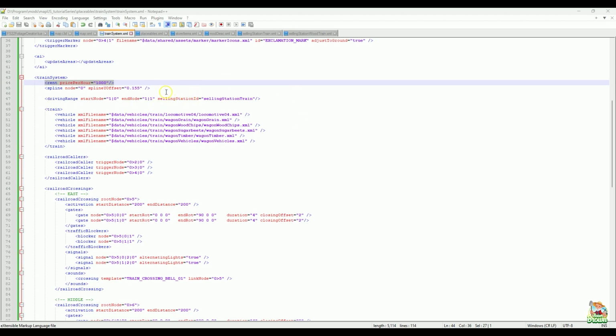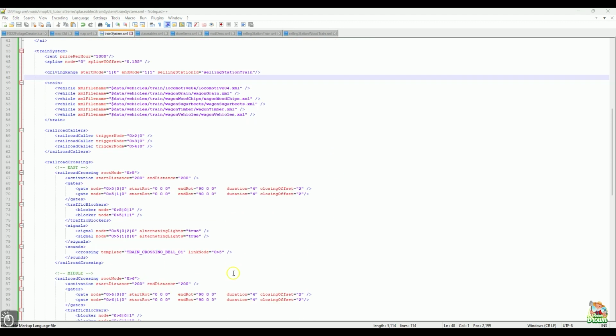But you'll notice here the driving range where it says selling station ID, and there's your selling station train, okay? Because this one works a little bit differently, like I said. So just keep that in mind when we get to it. Now, as far as the train's concerned, if you go into your base game,